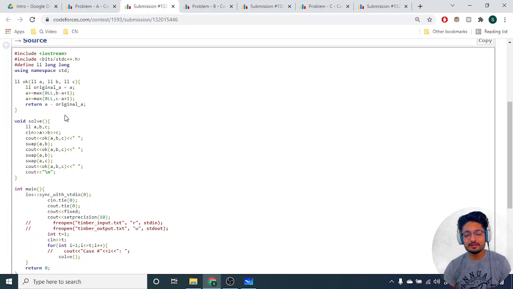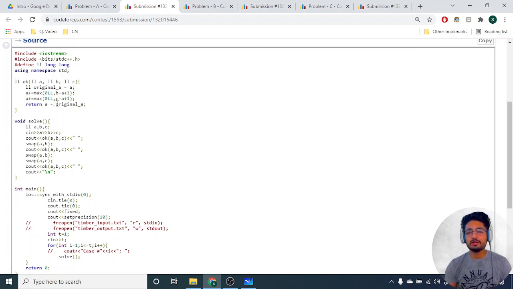If it is less than 0, it means that maybe B is already smaller than A. My B is 4 and I have 100, so I already have 100 votes. So why add more? So it is the maximum of 0 and the votes I want to add. That is what you can add to A. And in the next case, you have to do the same thing, but add to A only when A is updated. So you have to do this with the updated A. Don't do it individually. A is updated, not some other variable.